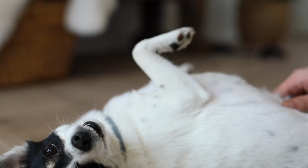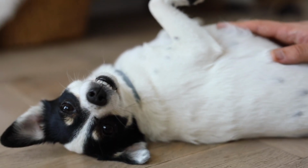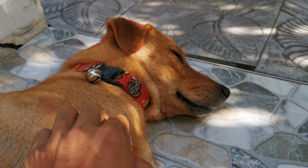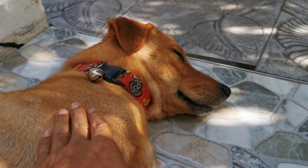But before you go out and buy CBD just on your own, there are a couple of things that you need to consider. According to Cornell University's Veterinary Medicine Department, the use of CBD for any health problem is complicated by the fact that it is not FDA regulated or approved. This causes a problem for consumers